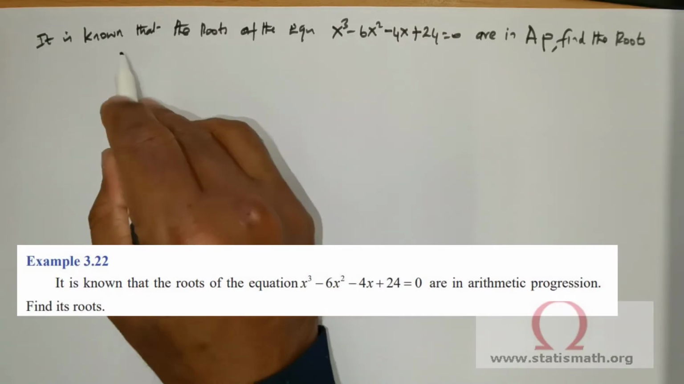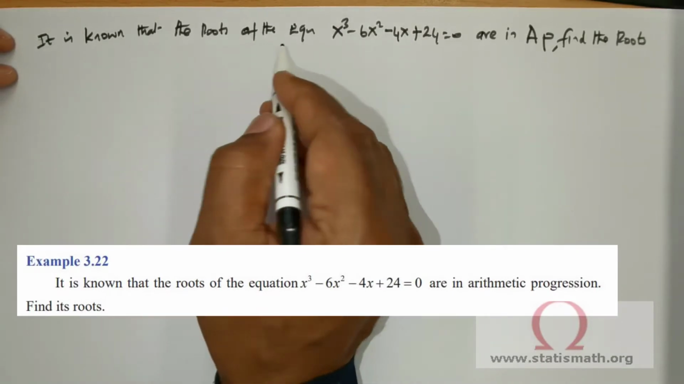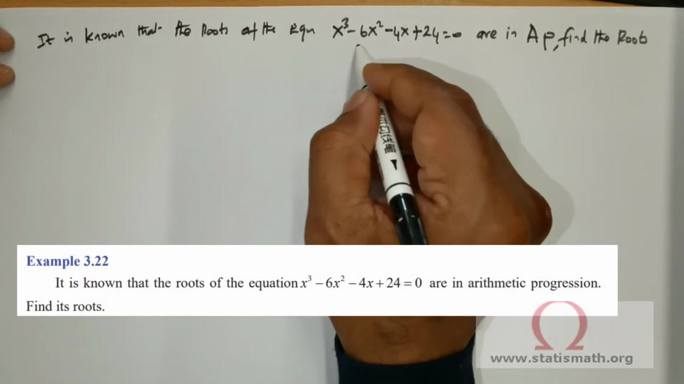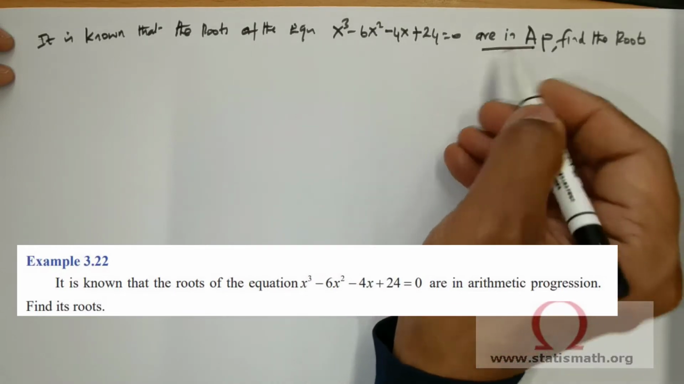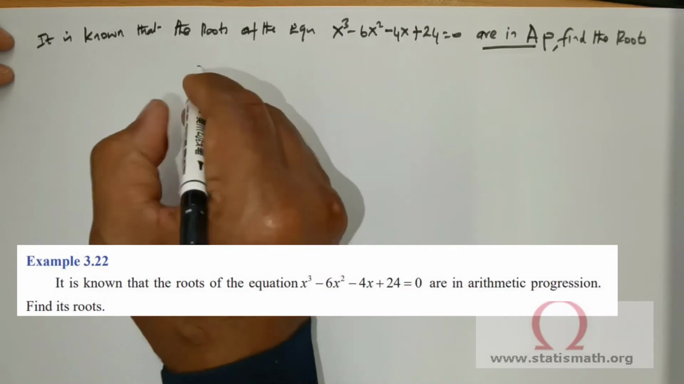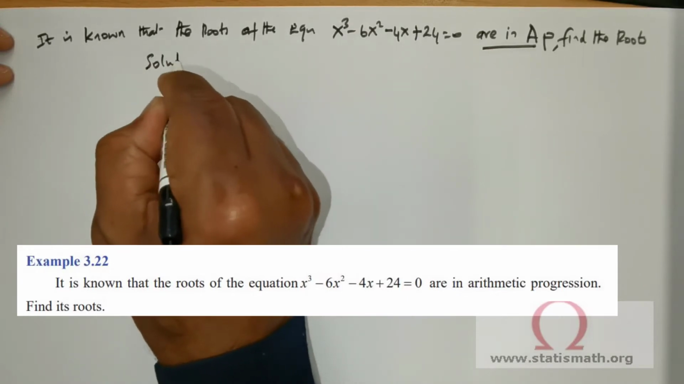Students, we are given this question. It is known that the roots of the equation x cubed minus 6x squared minus 4x plus 24 equals 0 are in AP. Find the roots. So, solution,